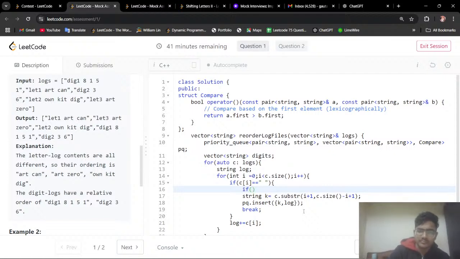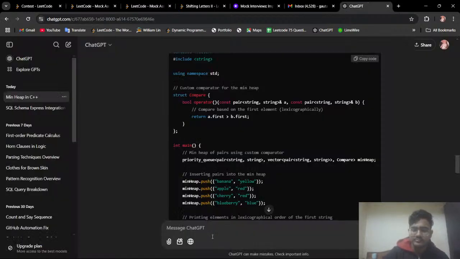If c of i plus 1 is greater than the ASCII value of